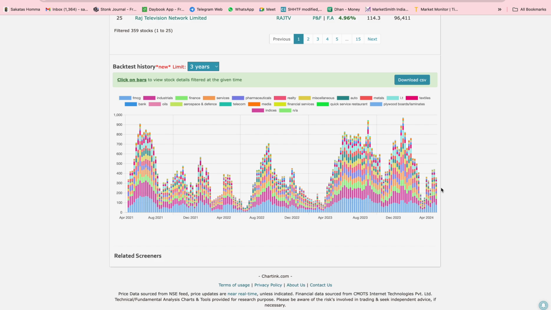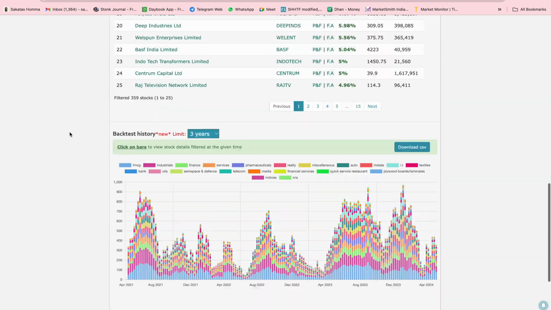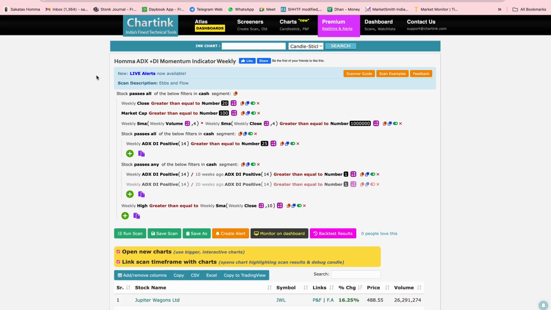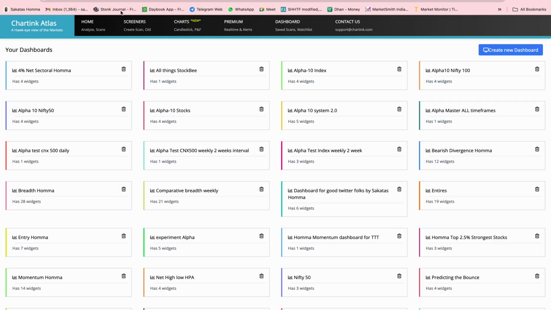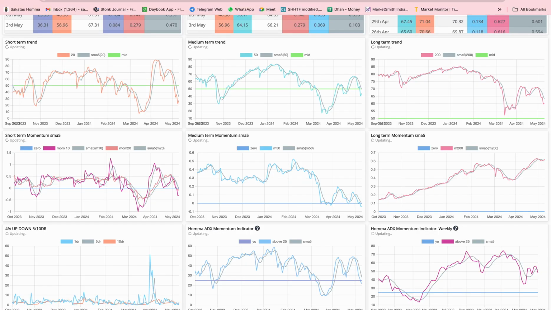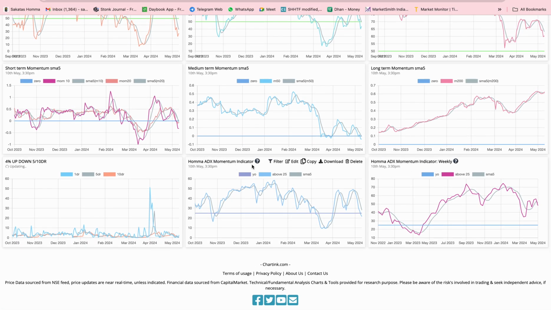What I've done is I have been studying past data, like the past 10-15 years of data of this. Before I show you the past data, this is in scanner form. The other one which I showed you in the momentum dashboard is the same thing, but in dashboard form. And I like this better because instead of actual numbers, the x-axis is now from 0 to 100%, so I can get a better view, and I have also put a 5-day moving